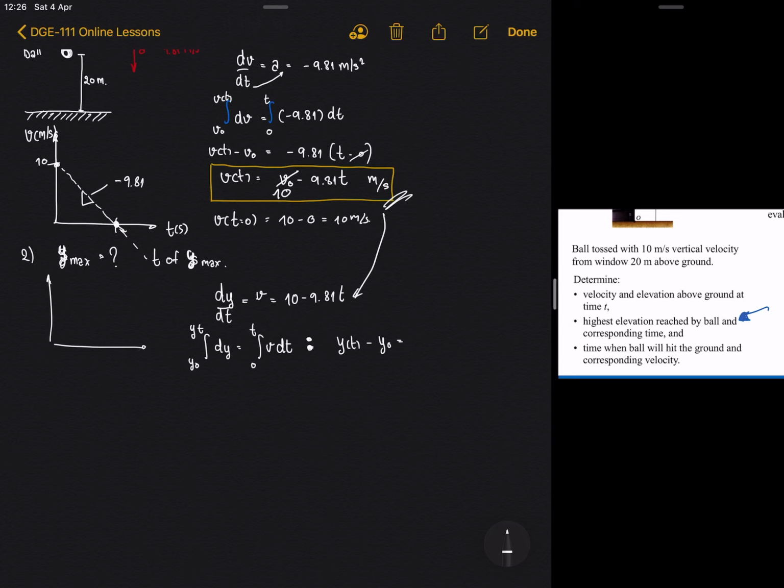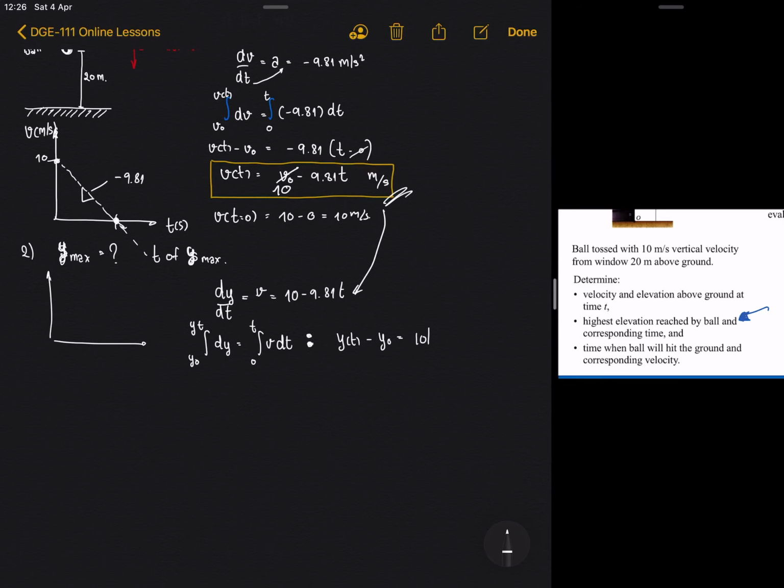okay, equal to integration of this, which means we have 10t minus 9.81 t squared over 2. So the integration, I think you already learned in calculus, so I wouldn't repeat this again. Okay, and then in the end you get yt equal to y0 plus 10t minus